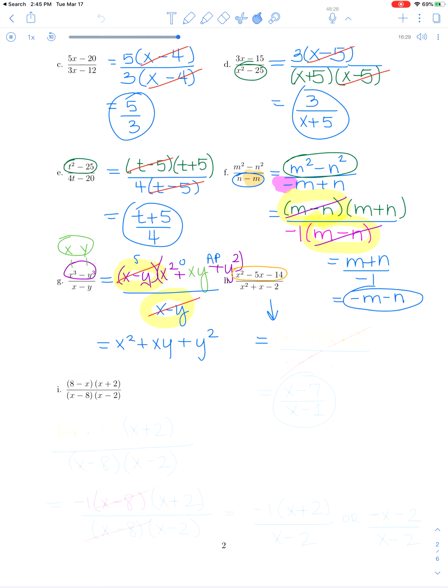Well, what two factors of negative 14 add up to negative 5? Well, that's negative 7 and positive 2. So that means when all is said and done, everything on top will factor out as an x minus 7 and an x plus 2. We still have to work out the denominator, though, and it is again